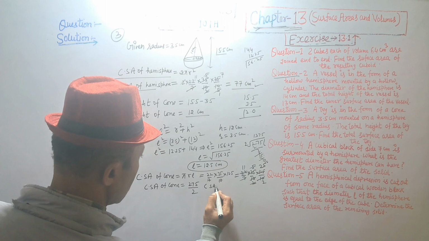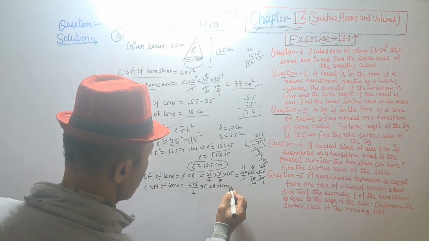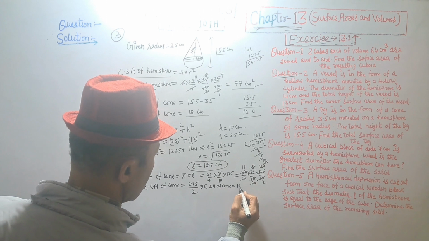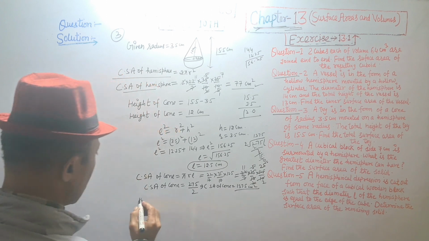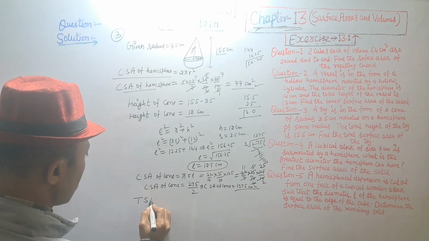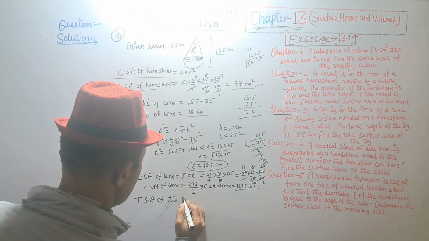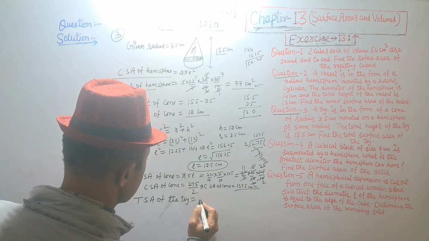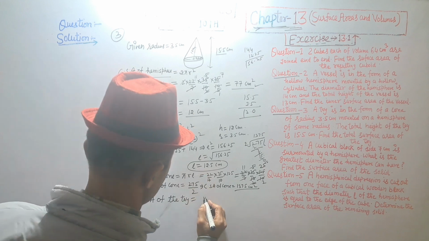Curved surface area of cone is equal to 137.5 centimeter square, and total surface area of the toy is equal to curved surface area of hemisphere,